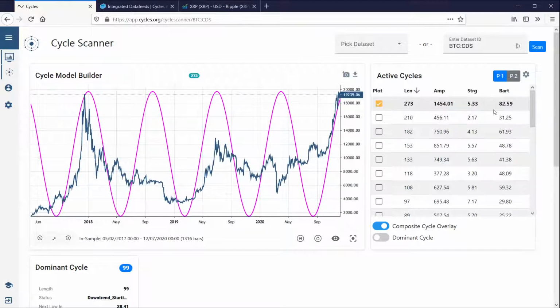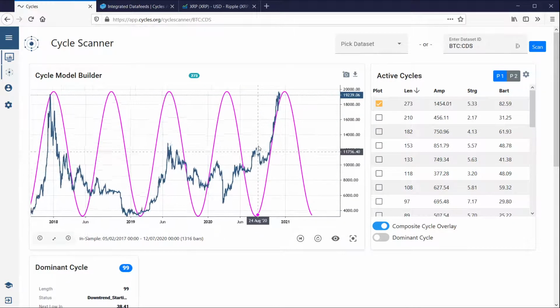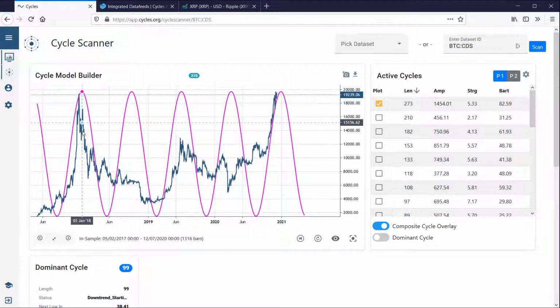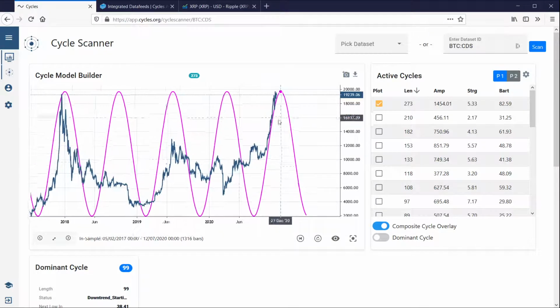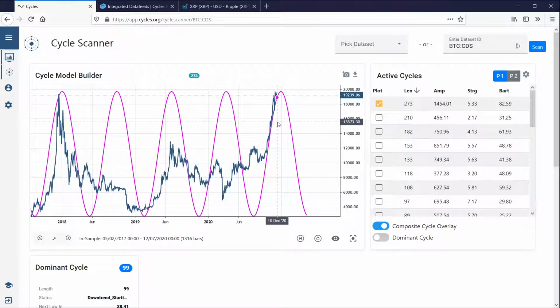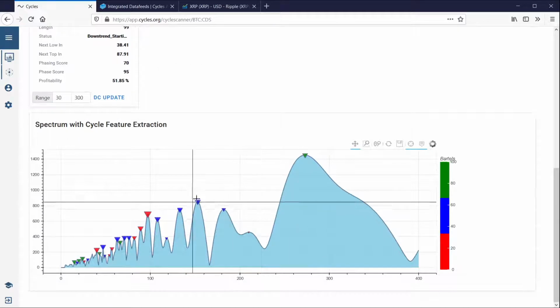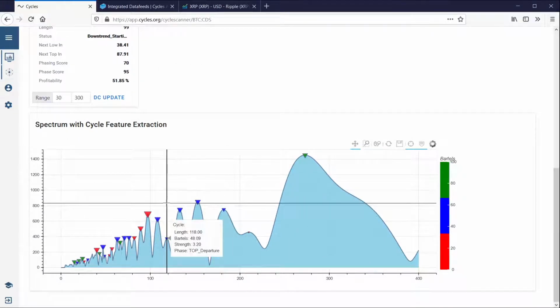273. The Bartels score is okay. The strength is in the higher range, and we have a higher length. Let's start with this one cycle, which is at least aligned with the major top in the past. Then you're always skipping the second cycle here. But now it is pointing to another high at this point in time. So more or less arriving at a current cycle high, if we just call this the key cycle in the market. Then let's move to the other interesting cycles we might find here.